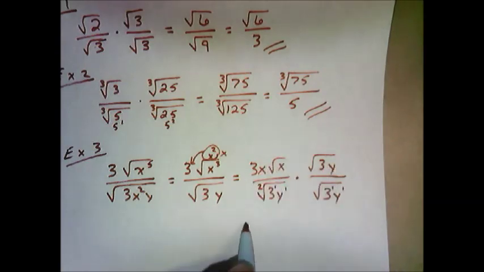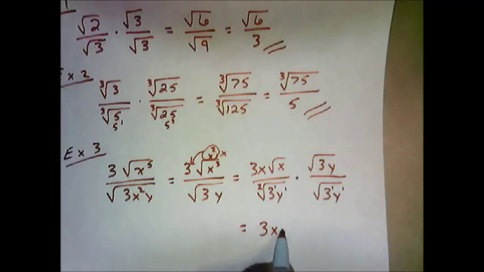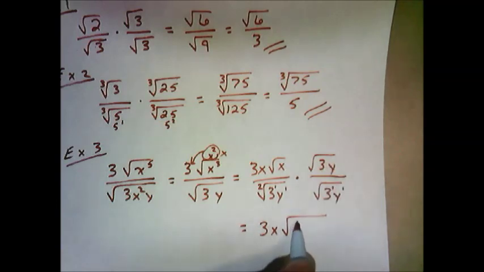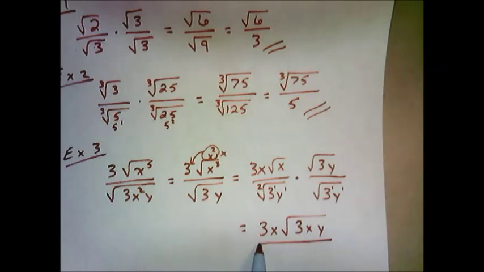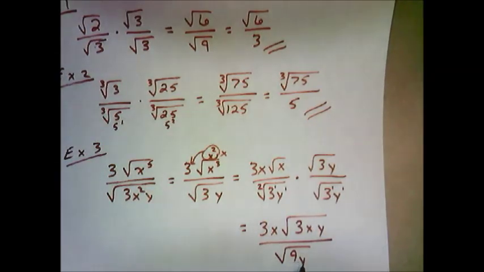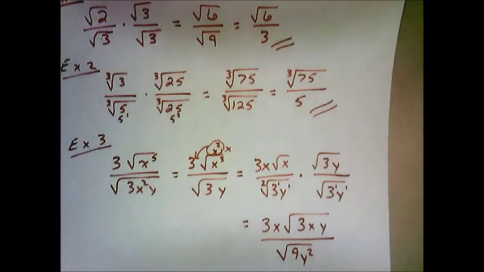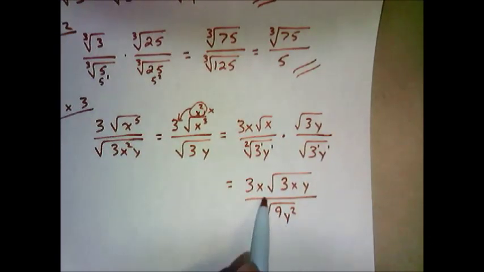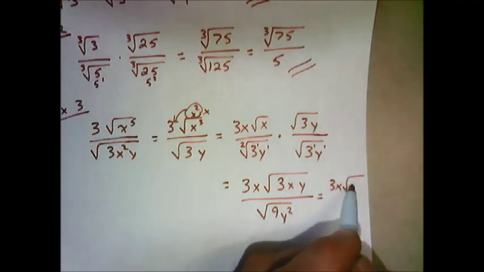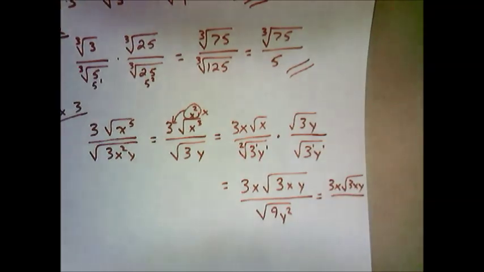Now if I multiply these two together, I have a 3x on the outside, which is going to carry over. And on my inside, I have radical x times radical 3y. Writing that in descending order, I get 3xy. On my bottom, I'm going to take the square root of 3y times the square root of 3y and get the square root of 9y squared. Our square root of 9y squared will reduce for us. So we have 3x square root of 3xy over